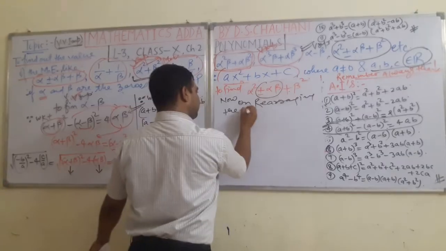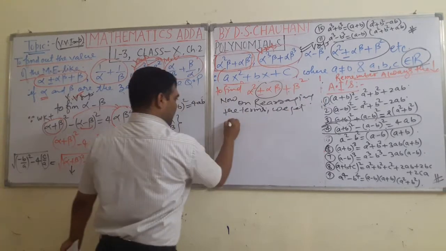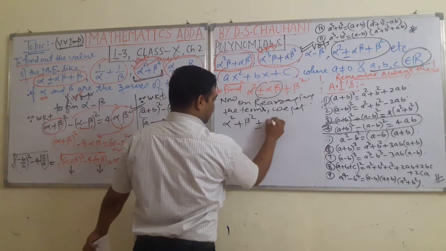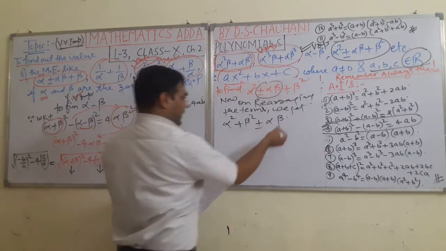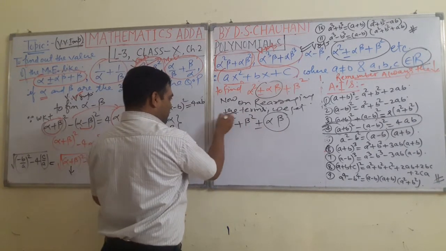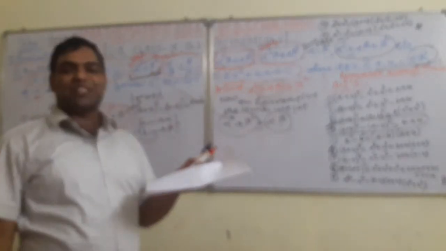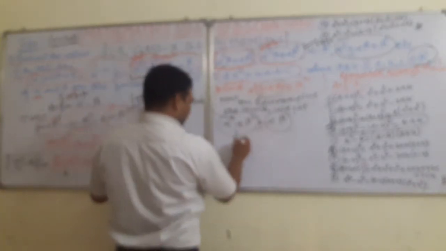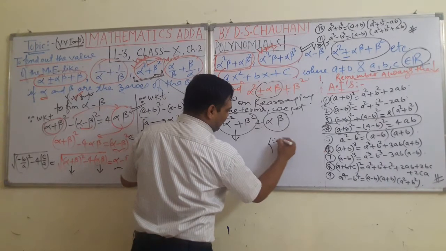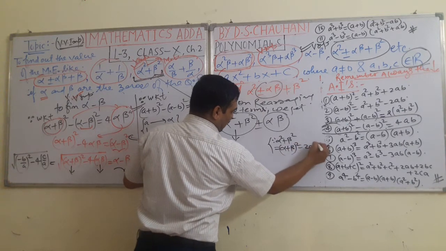the terms, what do we get? Alpha square plus beta square plus minus alpha beta. Now students, we know the value of alpha beta. This is the product of the zeros, and we also know from the third one how to find out the value of alpha square plus beta square. What could it be here? This alpha square plus beta square, since we all know, can be written as alpha plus beta to the whole square minus 2 alpha beta.